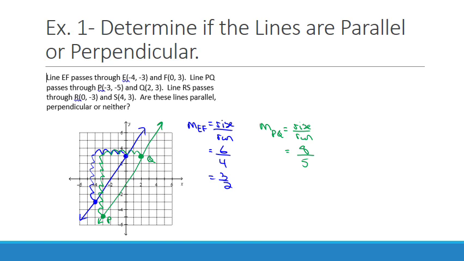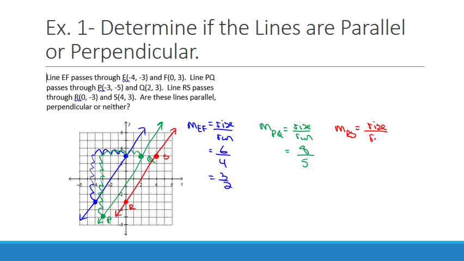R, 0, negative 3. S, 4 and positive 3. Let's see if I can do a better line. That is better. Okay, let's calculate it. That's RS,